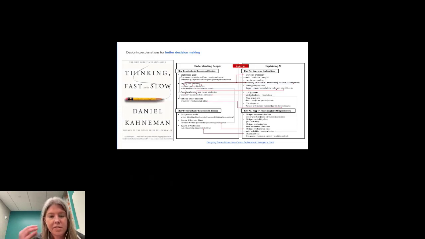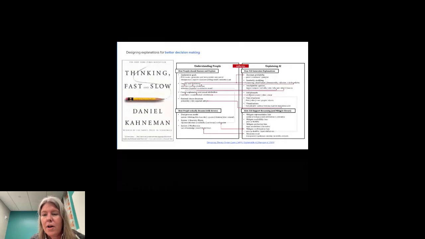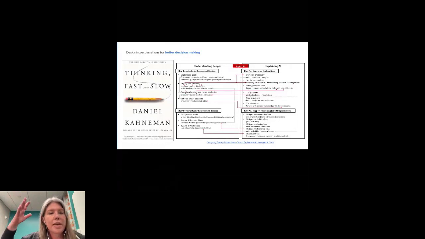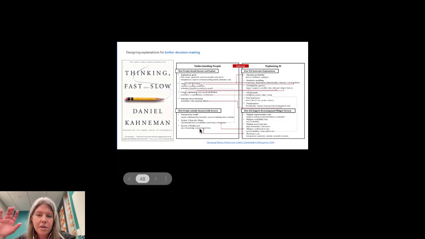And so when it comes to decision making in particular, I don't know if any of you have read this book, Thinking, Fast and Slow. I really highly recommend it. It talks about how humans have different types of frameworks for how we make decisions depending on what scenario we find ourselves in. There's sort of the systematic, very in-depth interrogation, but that takes a long time. And then there's also the quick judgments that we make based on heuristics when we have to move fast. And there's this paper called Designing Theory-Driven User-Centric Explainable AI, where they line up